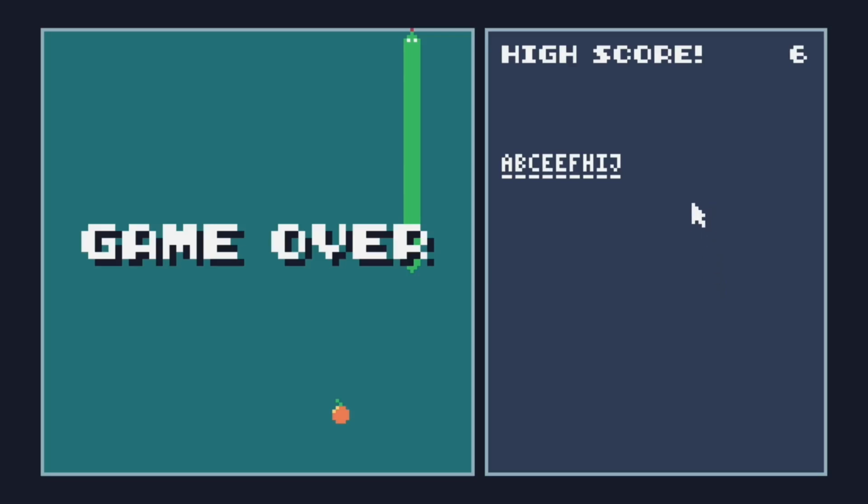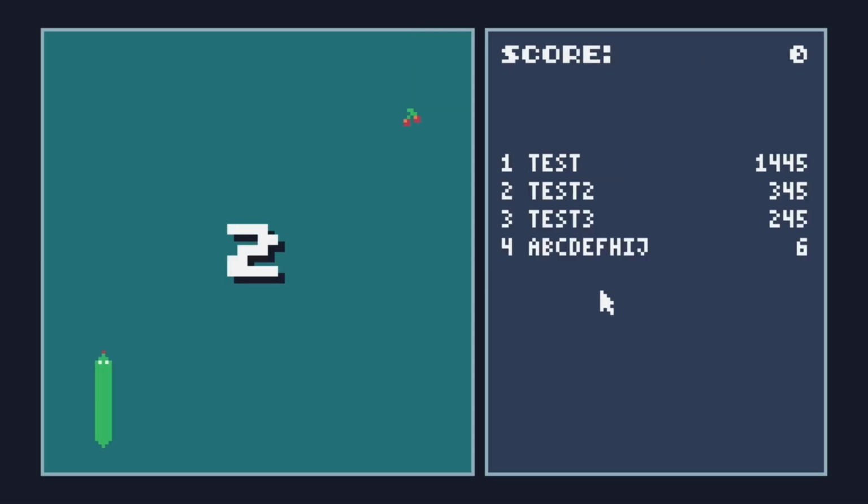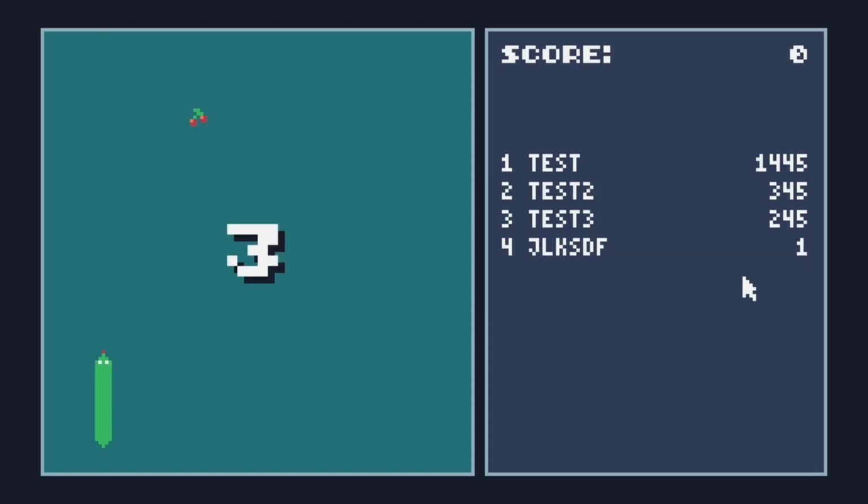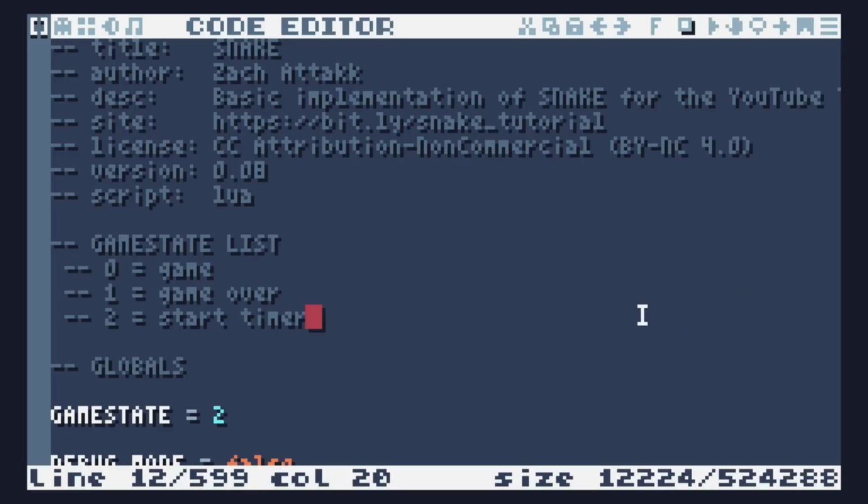Most importantly, we needed to save this to persistent memory, because even if I commit this, there it says A, B, C, D, E, H, I skipped G, and 6. If I now reset, it's gone. So we need to get it to save. How do we do that? Firstly,